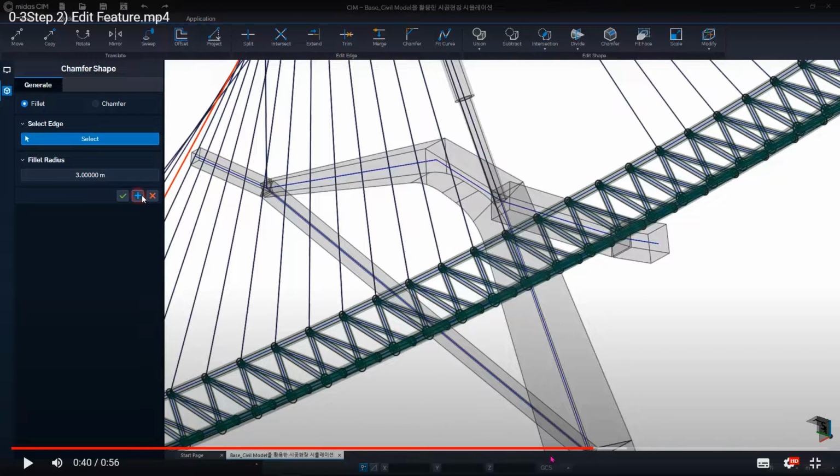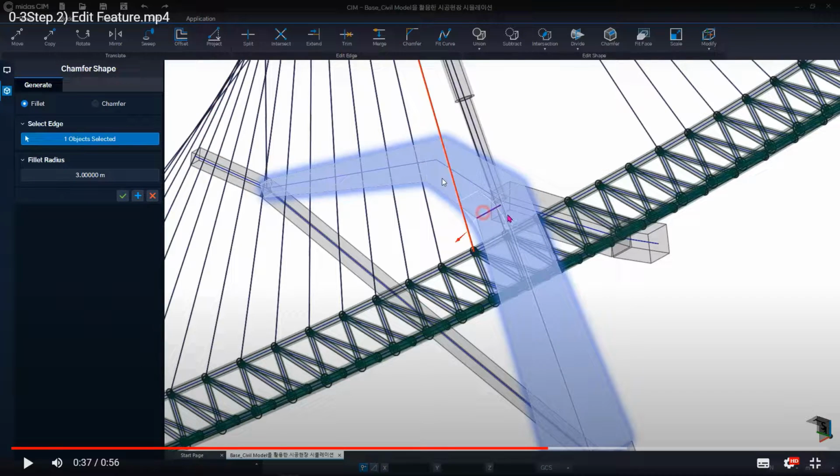So as you can see here, when you click on the edge here, it automatically shows a preview of the model that will be created in the future.